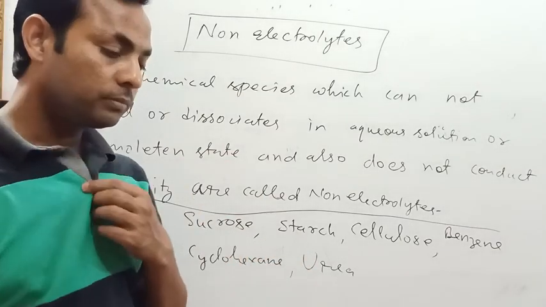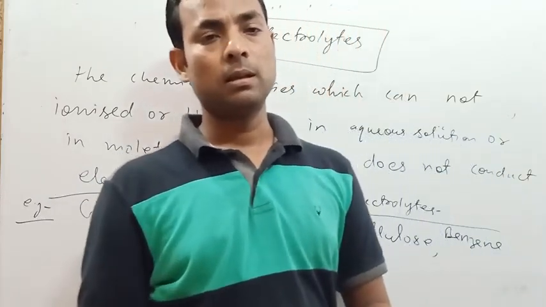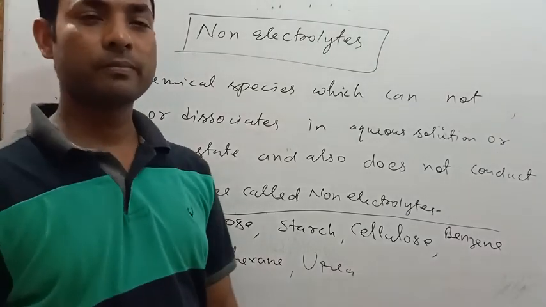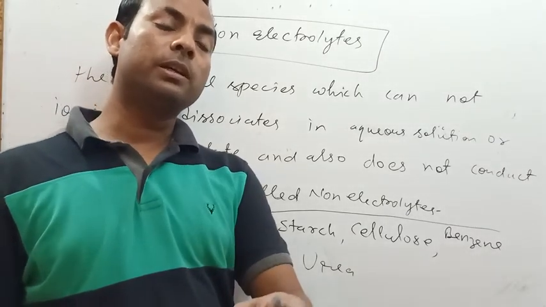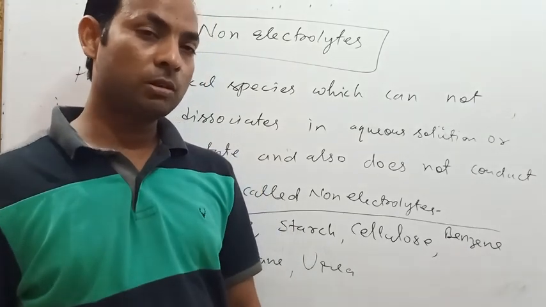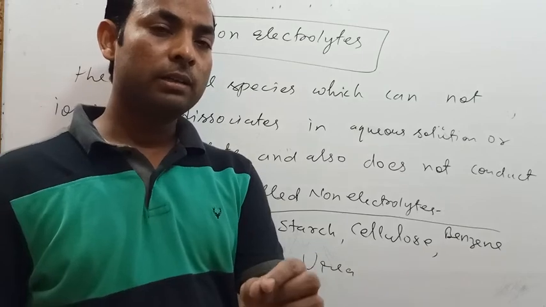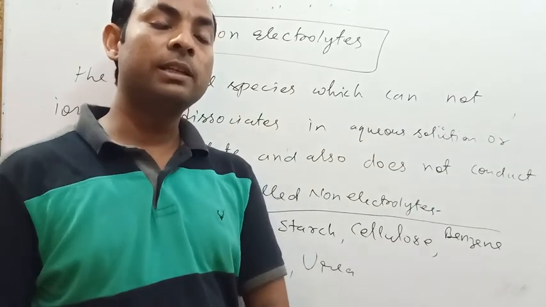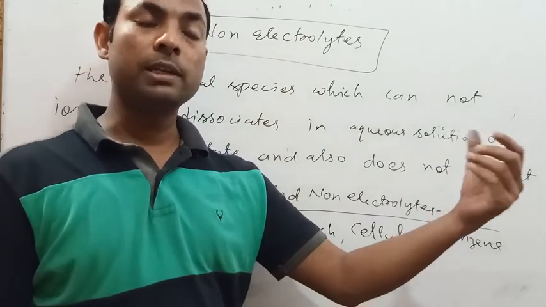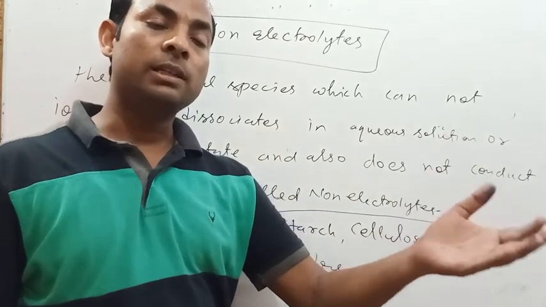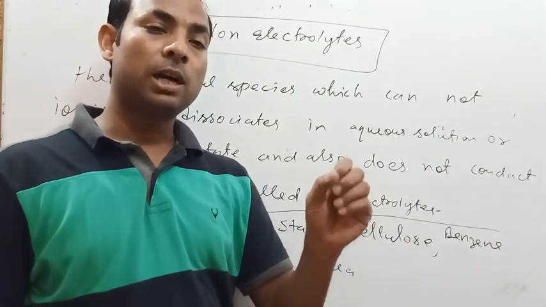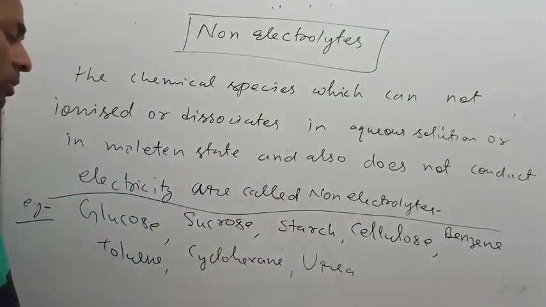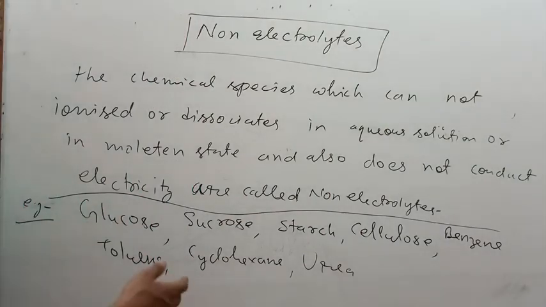Suppose one question I am going to tell. NaCl aqueous solution conducts electricity while glucose aqueous solution does not. So what is the reason? The main reason is that glucose is a non-electrolyte. Due to being a non-electrolyte, it does not ionize in aqueous form. So, due to the lack of free ions, it is unable to conduct electricity. But in the case of NaCl, it can easily ionize in aqueous form. Due to the presence of free ions, it can easily conduct electricity. This type of question is also given in your NCERT book. So please take a screenshot.